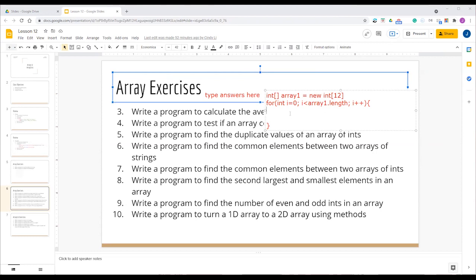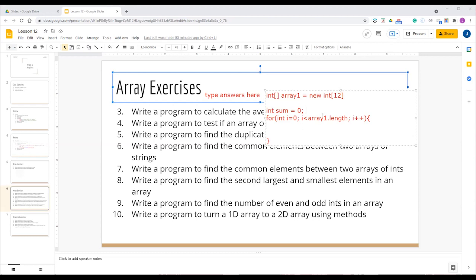what's going to happen is you need a variable to contain the values. So let's call this sum. I'm sure you guys all know how to do this. What you would do is you can do sum plus equals array1 value. I'm not going to initialize the array since it could be any values at this point, but you would increment the sum based on the values, and after the loop finishes,